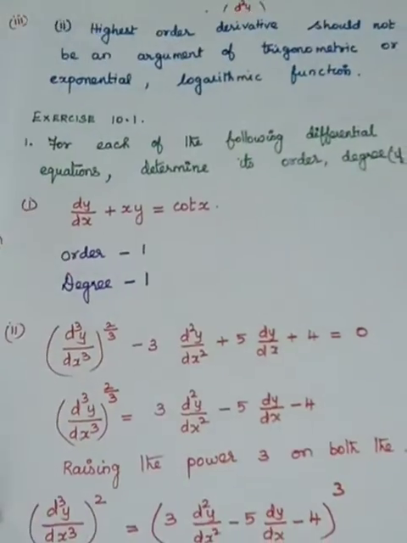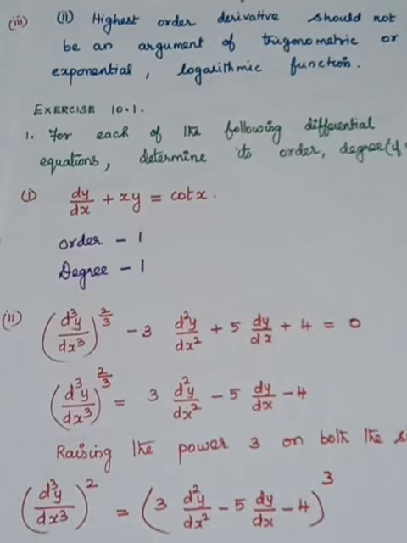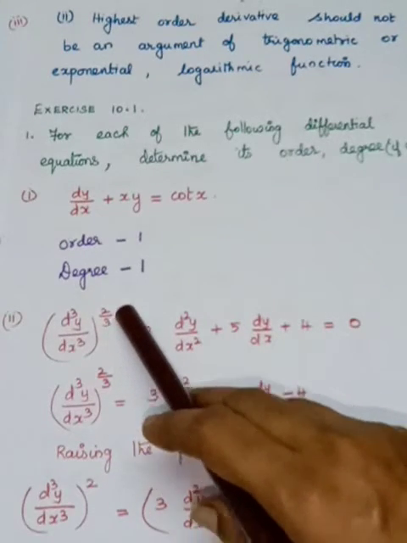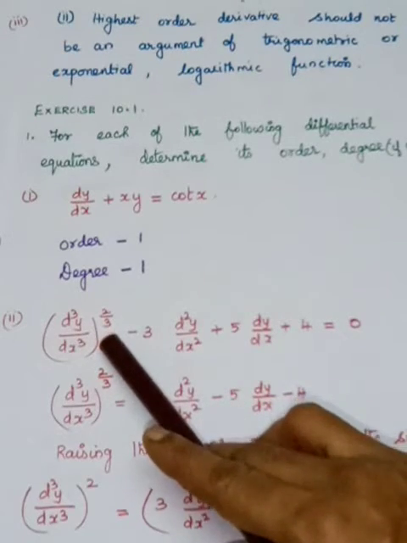Come to the second problem: d cube y by dx cube, the whole power 2 by 3, minus 3 into d squared y by dx squared plus 5 dy by dx plus 4 is equal to 0. Look at the power of this derivative. It is 2 by 3. If the power is a fraction, it first has to be removed. So for that,